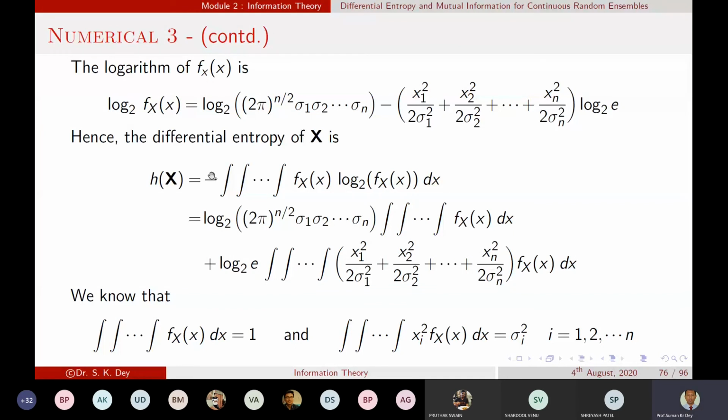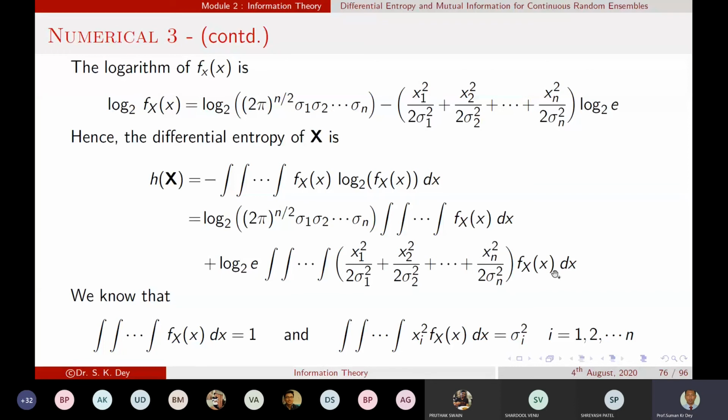So yes, sir, this minus and this minus will be cancelled. So this term is there. This is your constant term. So this constant term, the integration of f of x, and you see this f of x is multiplied with these two terms. Since we replace that term, we can write the first term equal to this. And the second term, what will be there? In the second term, log 2 base e, which is a constant, we can take out, and this value inside the parenthesis into f of x dx.